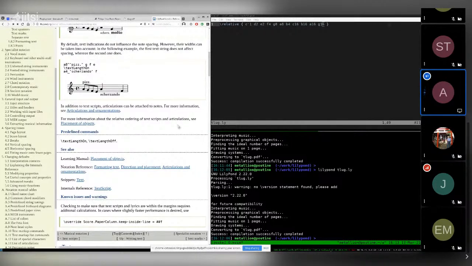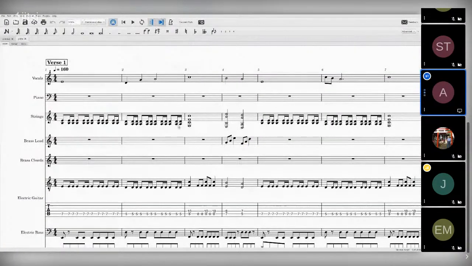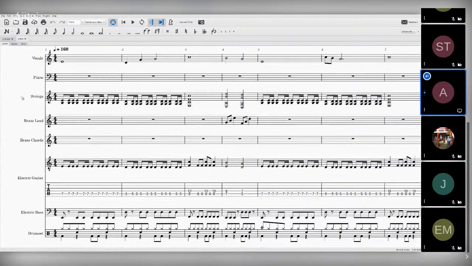And so I wanted to open MuseScore for a moment. And this is actually a song that I'm currently working on for my band. And what I was trying to do with Lilypond in that 1 day I was playing with it was basically to rewrite this score in Lilypond. And you can tell there's a lot more going on over here than I have in my example that I've shown you guys so far. Like on the bottom here, we have a drum staff where I have notated the drums that we're using, then bass above it, and here electric guitar.